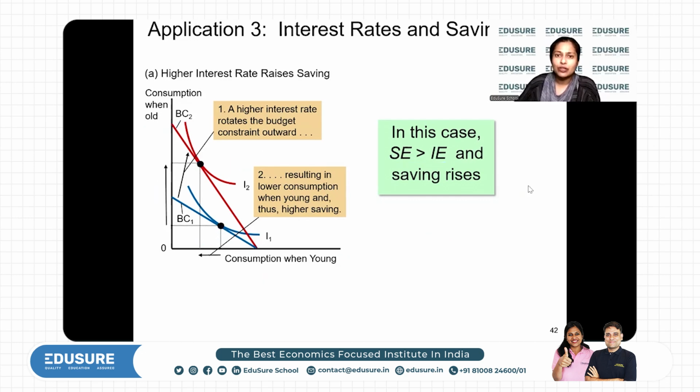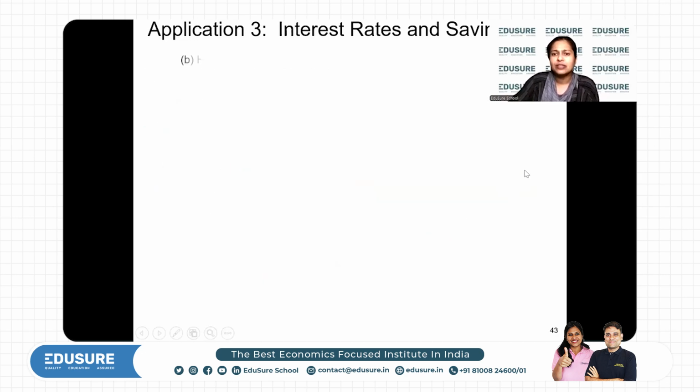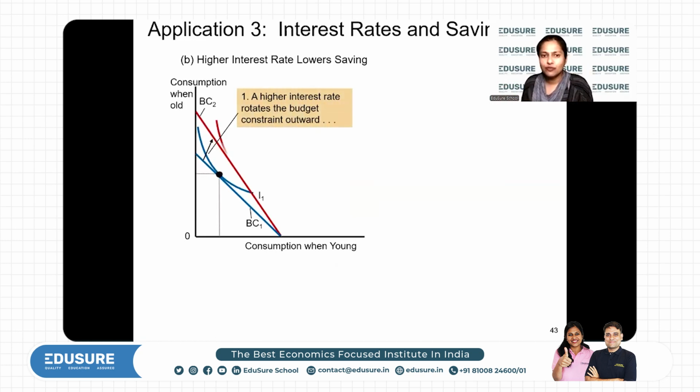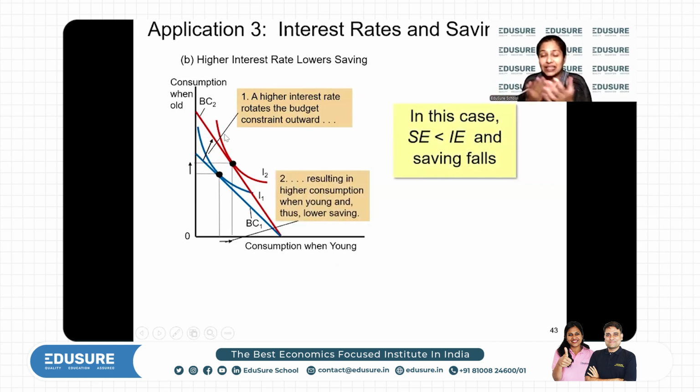But the opposite also may be true when you are happy in life and you feel that, oh, anyways, I have enough. And then you are going to get even more interest in the future. You might just increase your current consumption. So in that case, income effect is dominating, and that's what we have here.